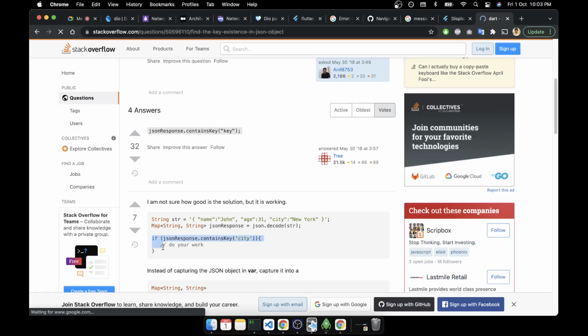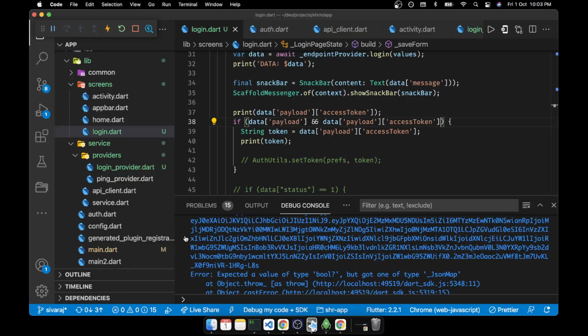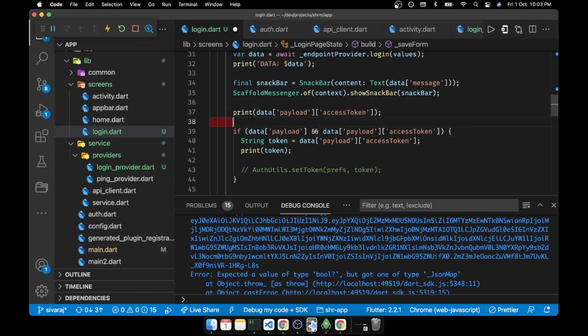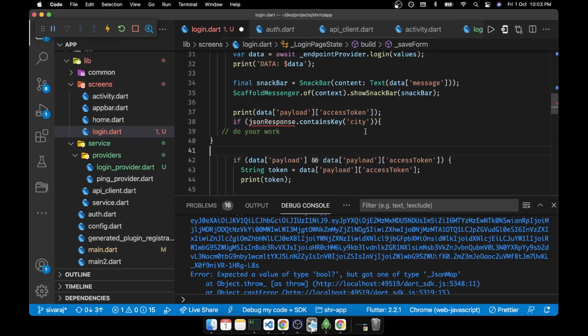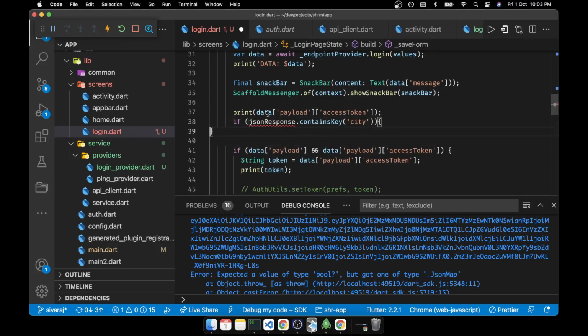Okay, so this is how we have to check, not this way. We were trying with data contains key of payload, and data of payload contains key of access token.